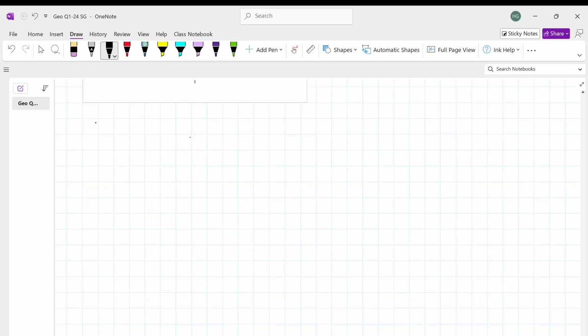So we're going to call this checking for extraneous solutions. Checking for extraneous solutions. And an extraneous solution